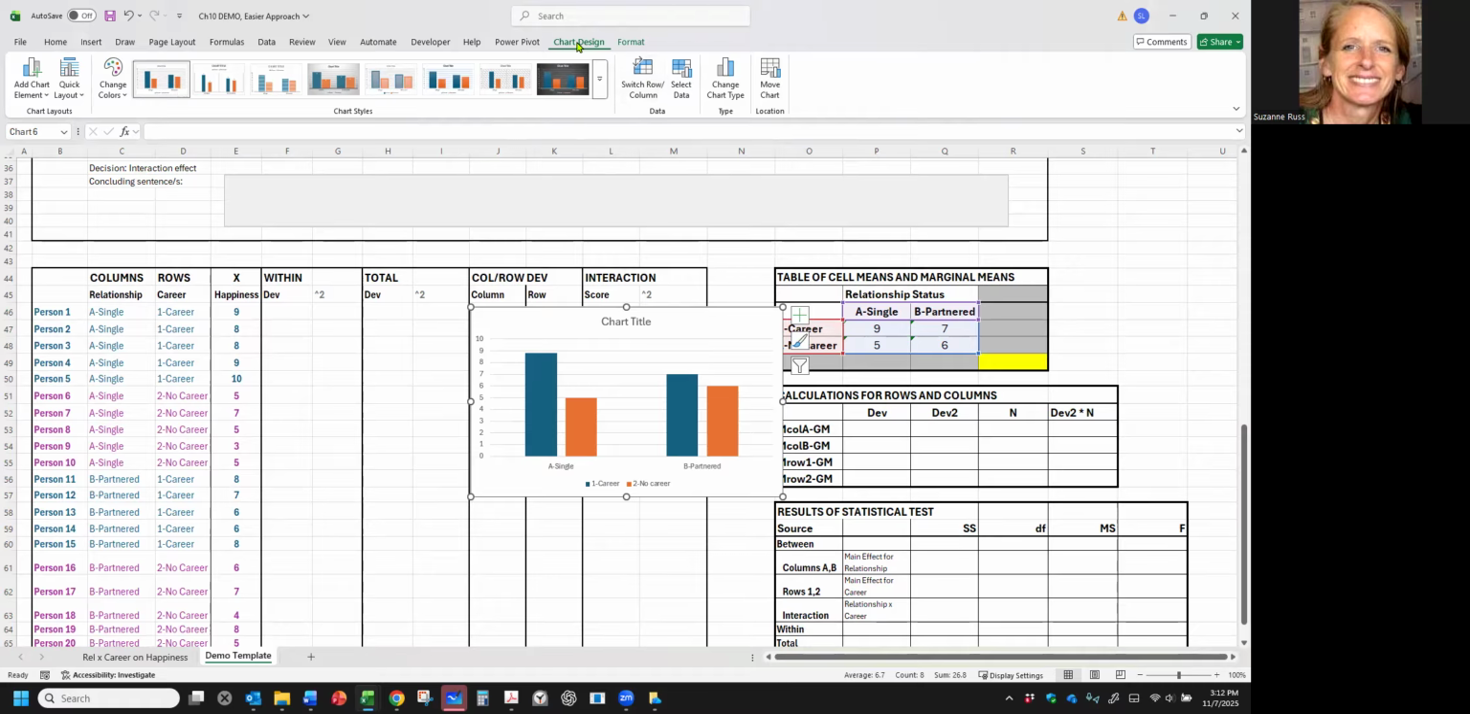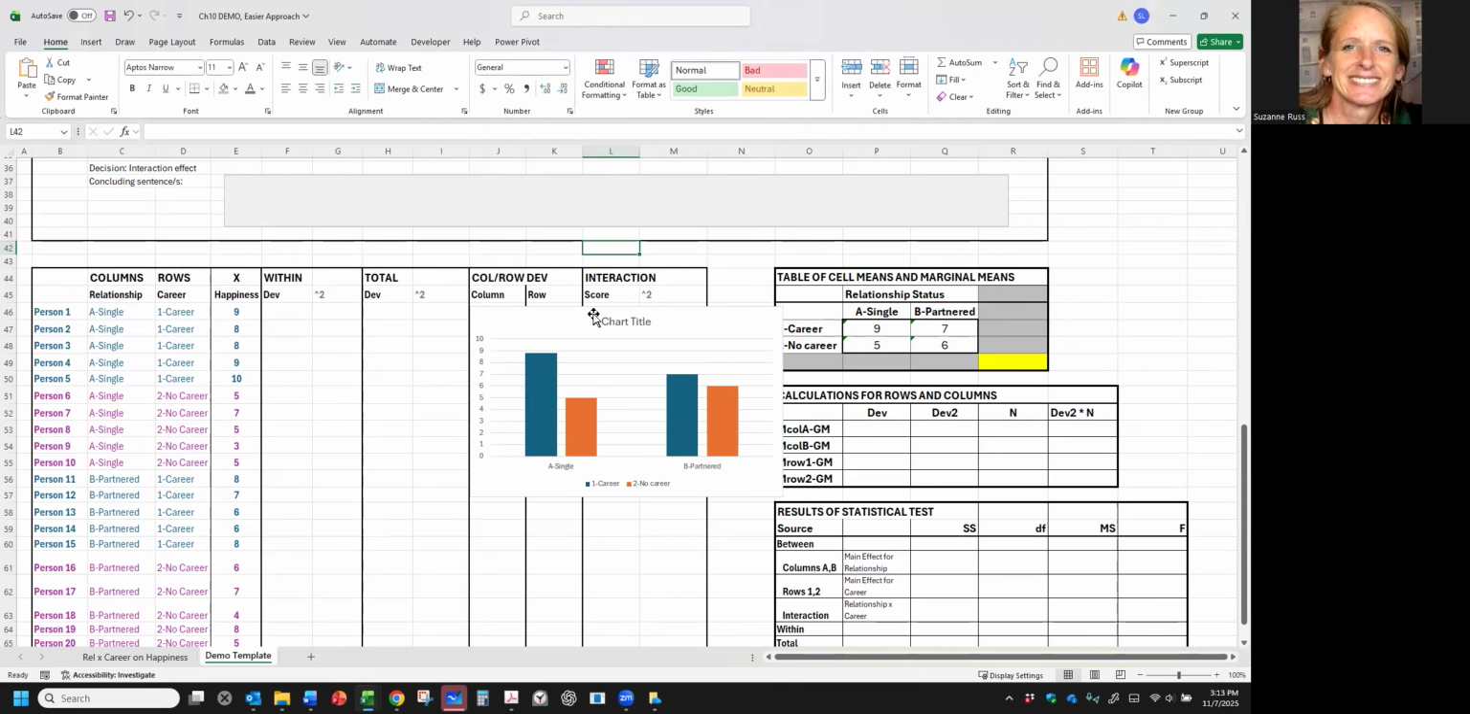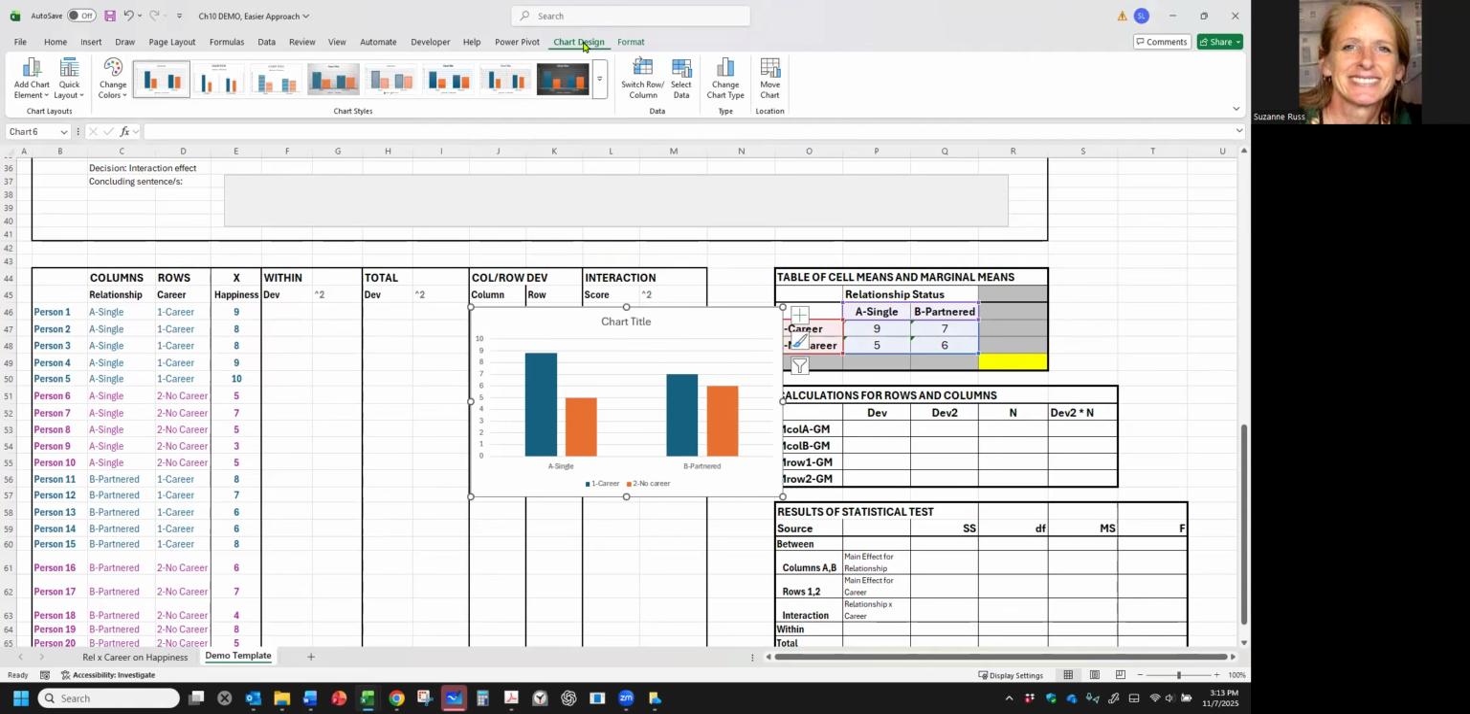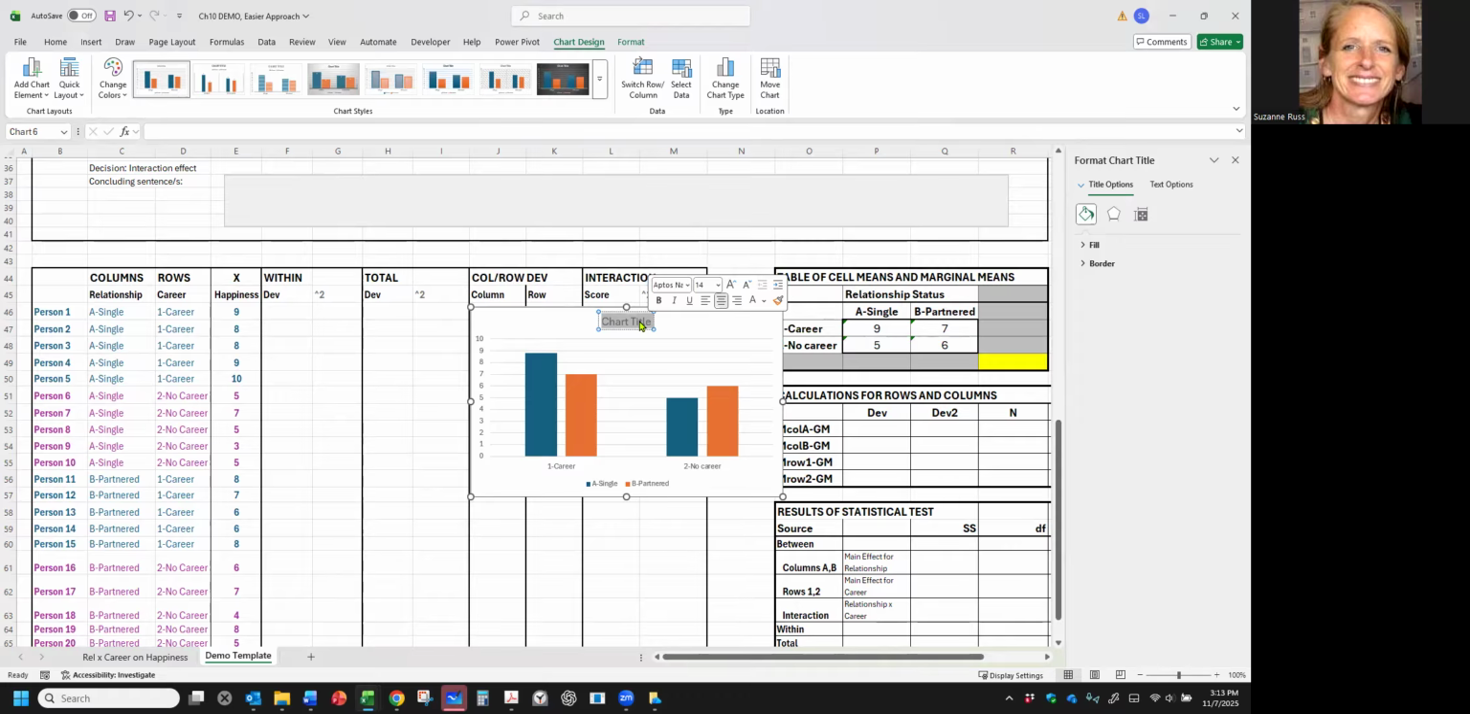So if we go into chart design, it's a little tab that pops up when you are selecting a table. If you select off the table, that goes away. So you have to select the table to see that. Then you'll get this chart design option and you can switch rows and columns. And I am going to, because this shows the interaction more clearly. It shows that blue is higher than orange in the career condition, but not the same in the no career condition. I'm just going to give this a quick title and I can put it right up there in my